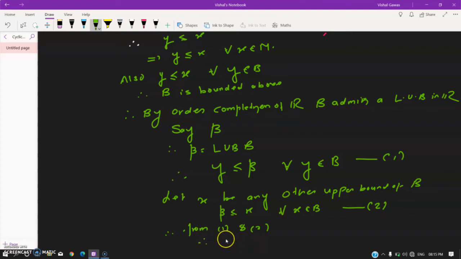So, therefore, what does this tell us? Therefore, beta is the minimum. From here, every element of M is bigger than beta, that means beta is a lower bound, and beta is the greatest of all the